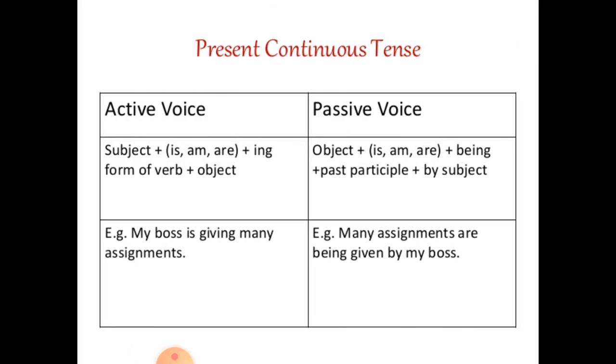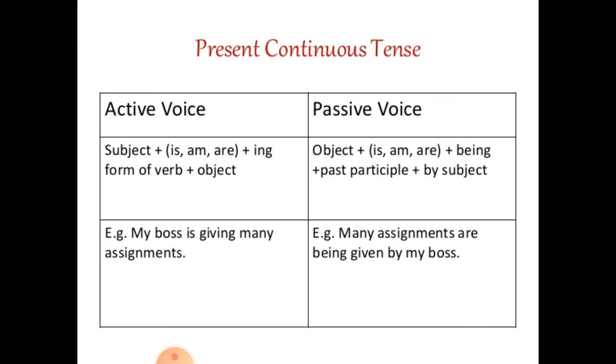Now in the present continuous tense: subject plus is, am, or are, any of it, plus ing. You have to add the ing form of the verb plus object. See the sentence: my boss is giving many assignments. See here, my boss is the subject, is we have added, giving the verb with ing, and many assignments, that is